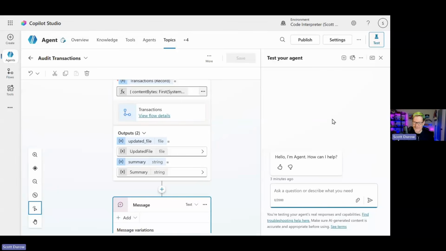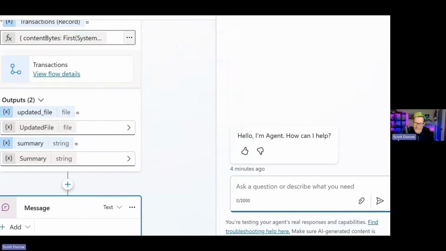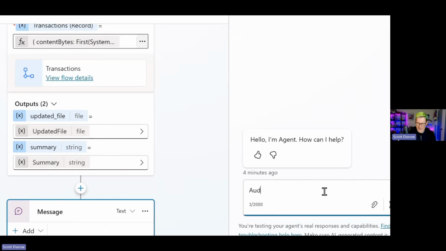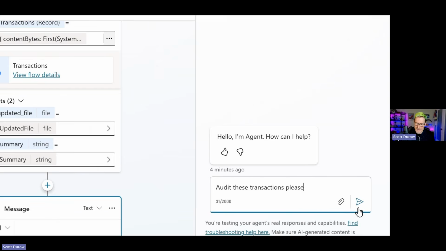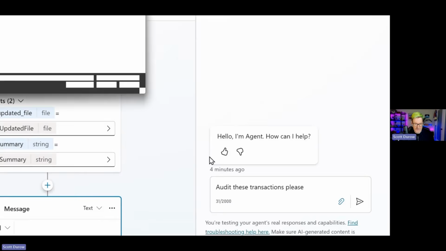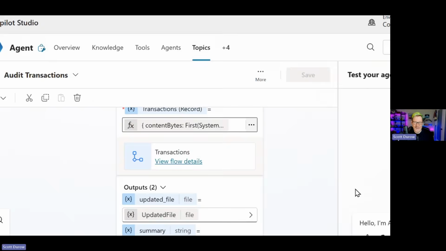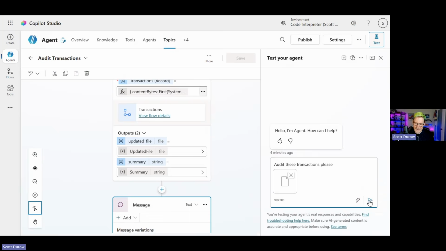So this is where it always gets exciting, because demoing agents and demoing AI is literally extreme sport. So I'm going to put in here, I'm going to say audit these transactions, please. Obviously, always say please, because that makes a difference. It doesn't make a difference. Just saying. So I'm going to select my transactions here, and then